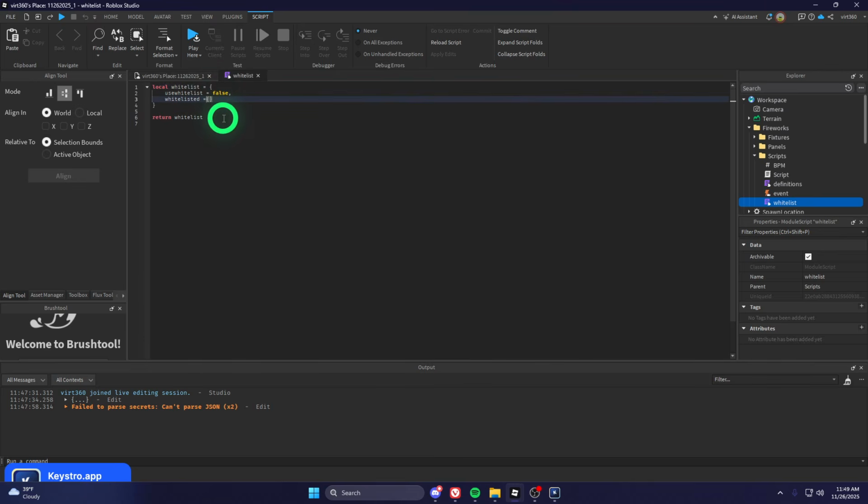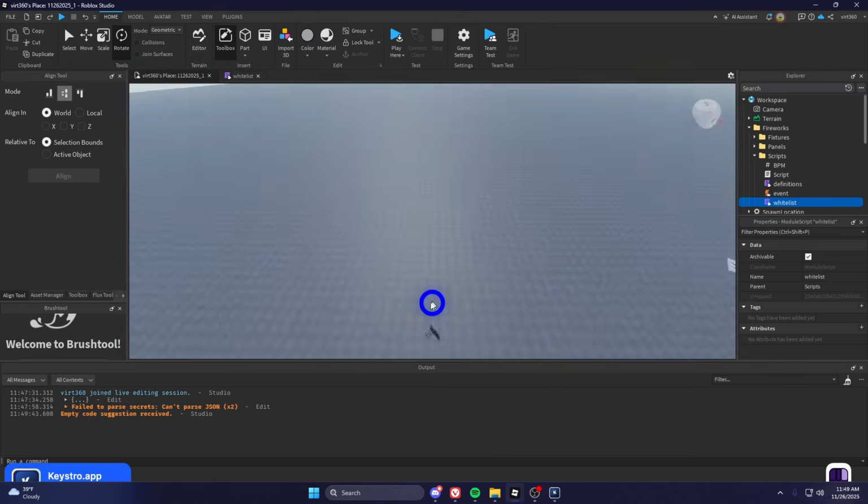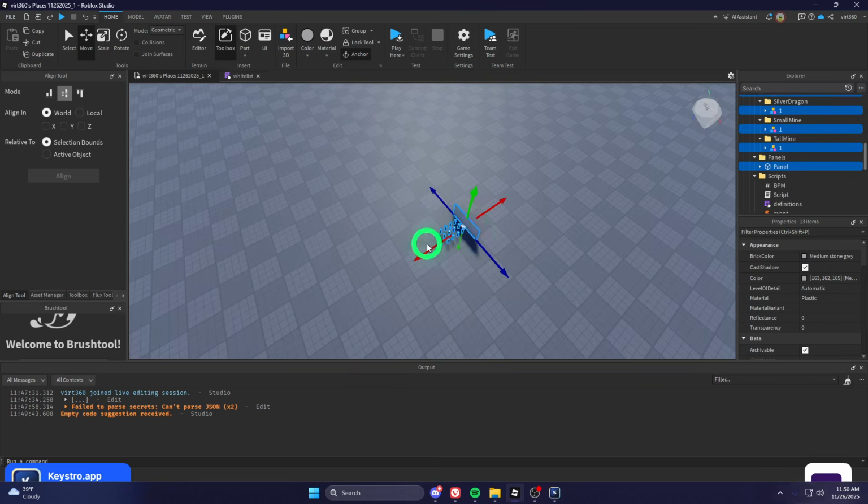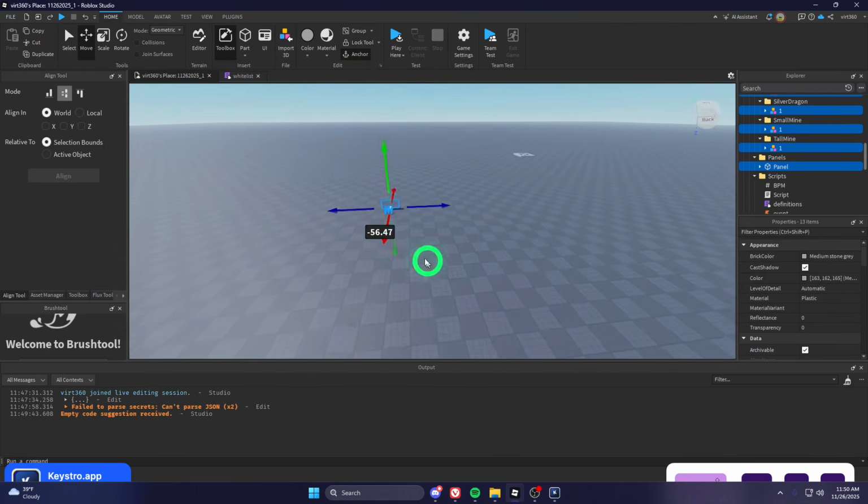And then you can put in names or user IDs in here. And then like that. So now I'm going to move these over to our spawn, and we can start with